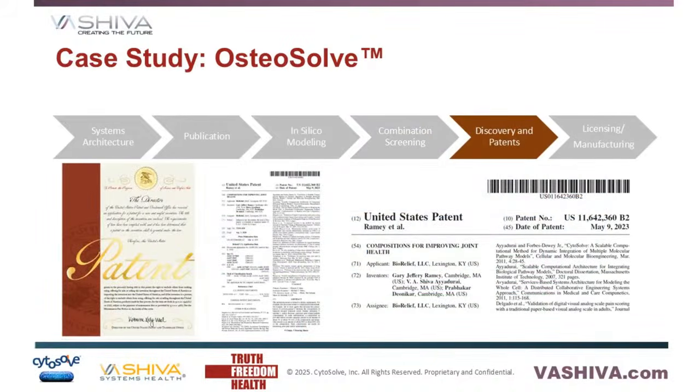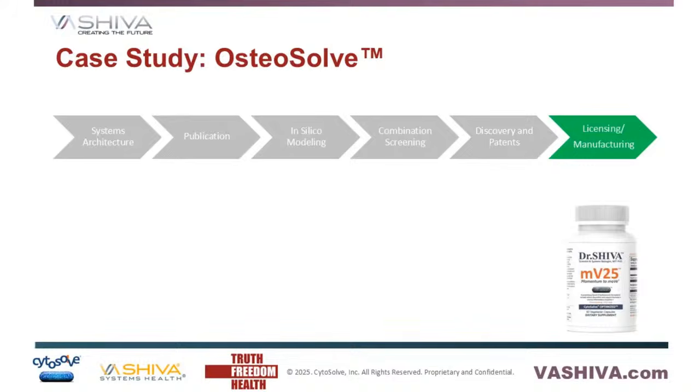To validate this, not only did we publish, but we got a United States patent. That resulted in us, for the first time, not just helping other companies, but actually manufacturing it for your use. I'll play you this video. This will explain the Cytosolve process and how we did this. We actually have a tangible solution that went through all these steps, and we can apply this to every disease on the planet. That's one of the solutions we're doing. I'll share with you about MV25, and this is what we're applying to diabetes. We're not there yet, but we're in the process of doing that.